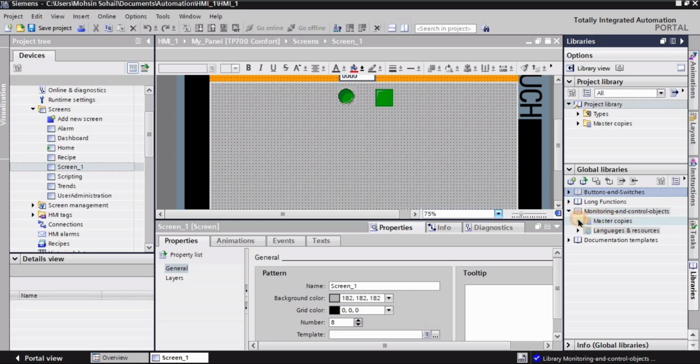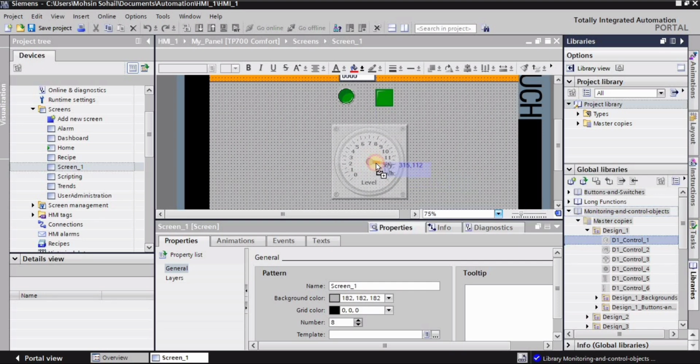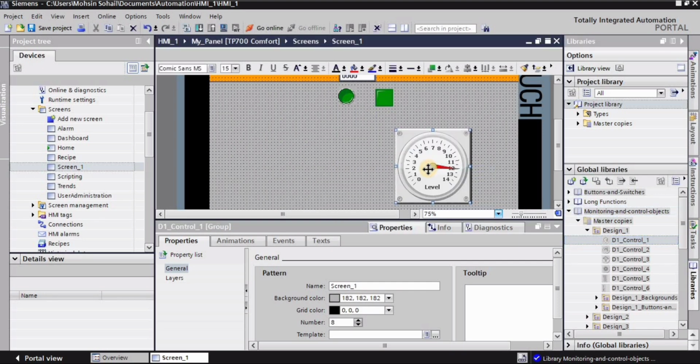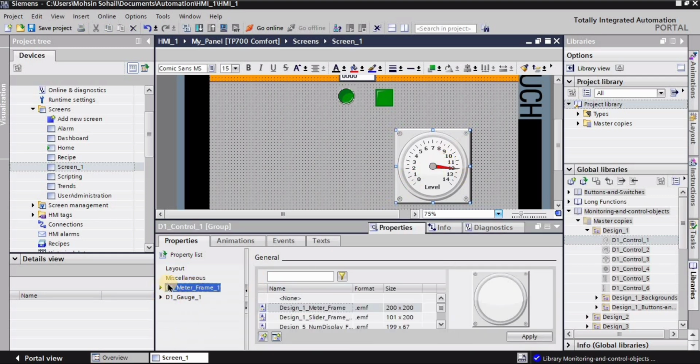I will go into the master copies folder, and here I will go into the design_1, and I will drag and drop this d1_control_1. This is basically very much like a flow meter, right? Here I have two different drop downs. I will go into the second one, right? The second drop down,